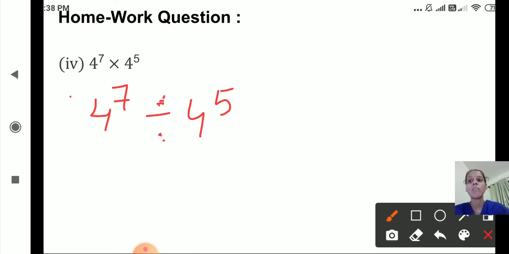Okay, hope you are clear with this. So these are the homework questions which are given today. Everything you will solve on your own. And here we have completed lesson number 6. Whatever is taught in this lesson, I think I have completed practice sets 26, 27, 28 and 30. So these 4 exercises are there for your exam from lesson number 6. So you will study all the practice sets, all the sums which are given in your practice sums. Other sums are also given, that also you will practice.